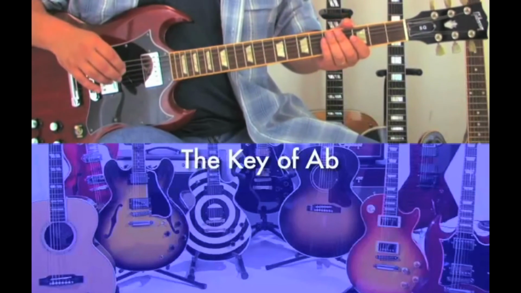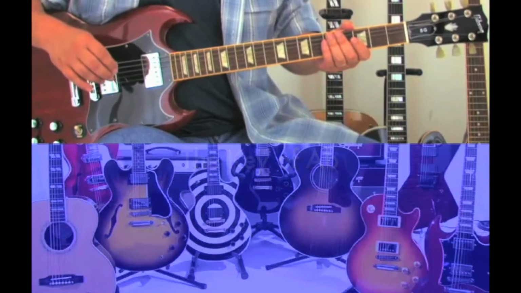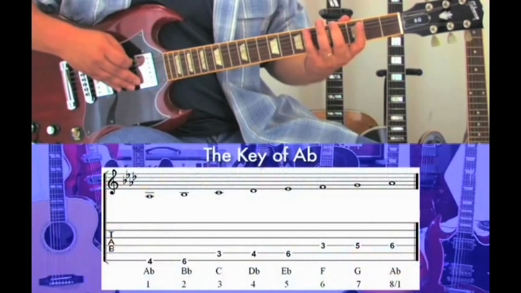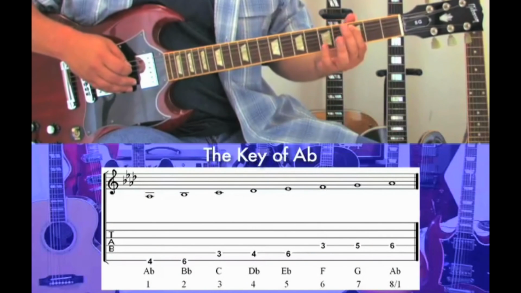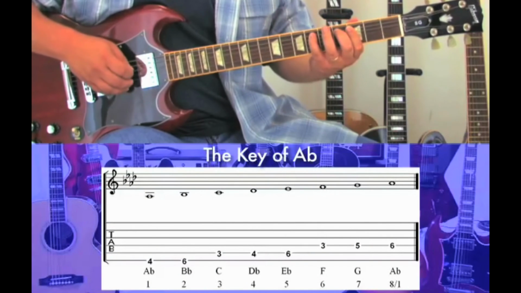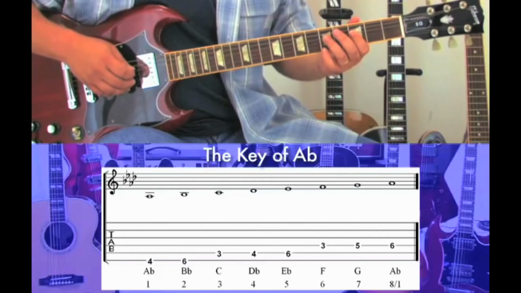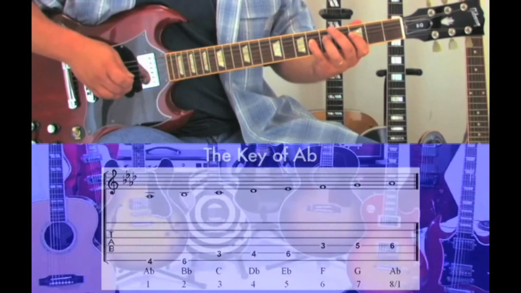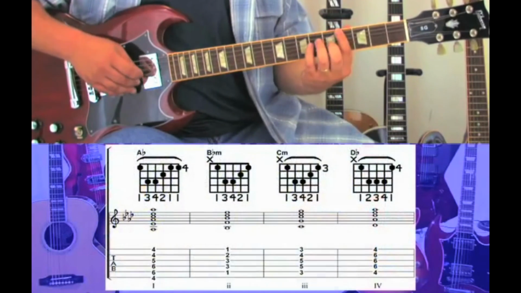The key of A flat uses 4 flat notes. The scale is A flat, B flat, C, D flat, E flat, F, G, A flat. The 1 chord is A flat,